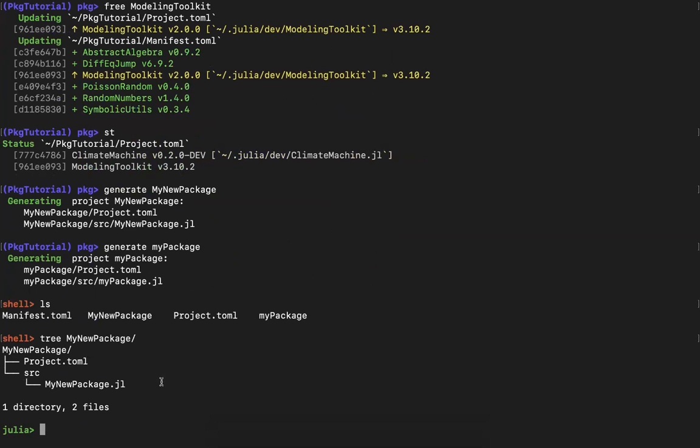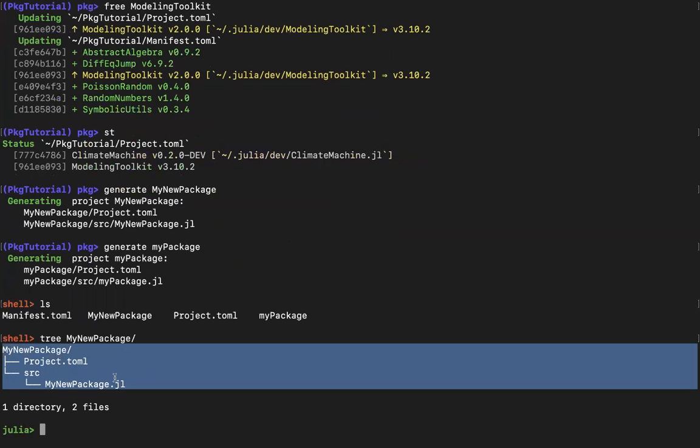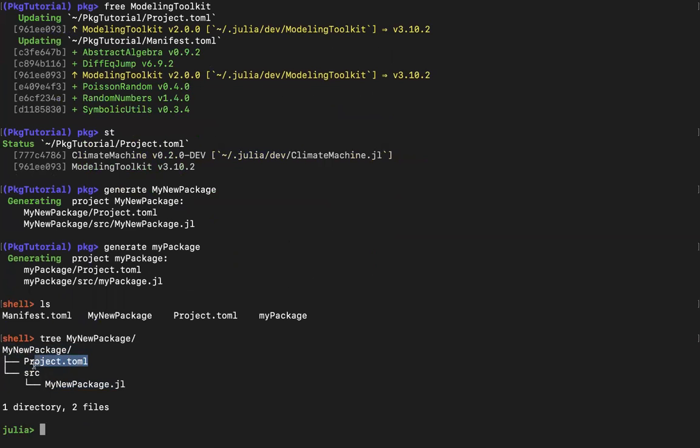So if you open shell mode, you will see that a new package is made, and this is the structure that this command made. It will make a project.toml that will be probably empty but with some meta information, and also it contains a folder called src where all your code will go, and a file called mynewpackage.jl, or the same name you have given to your complete package. The same name you will get a .jl file.